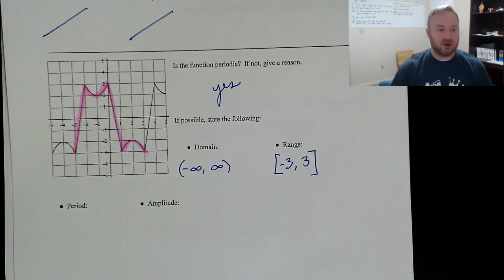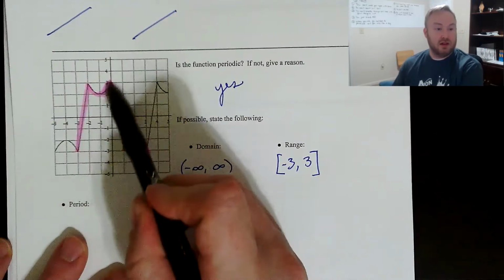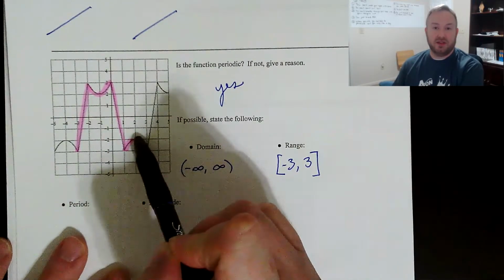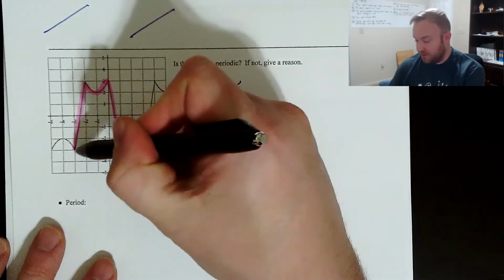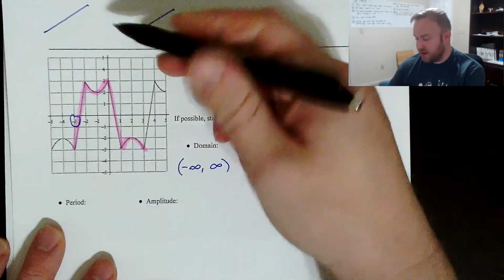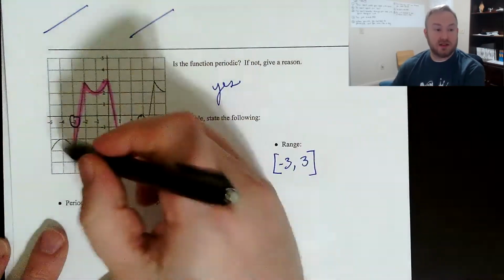There's other ways to draw that period there as well. You could go from the top of this little hill all the way to the top of this little hill. That would be a period as well. But the way I've got it, the period started at an x value of -3 and ended at a point whose x value is +3.